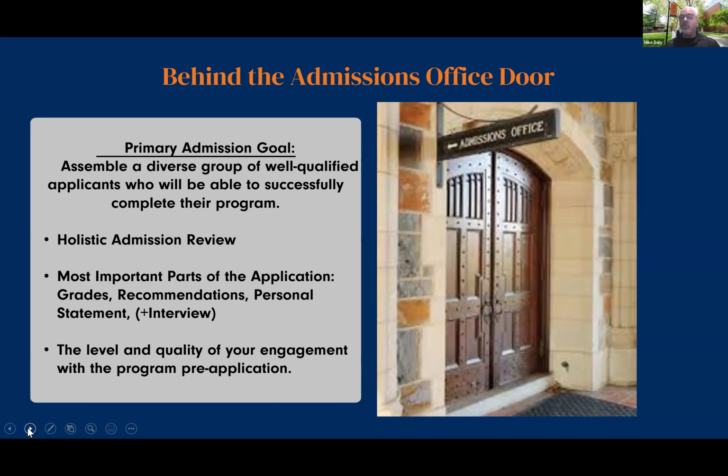They want to get students in who have a very high chance of success in completing the program and hopefully completing it on time. So how do they accomplish this? Most of the programs that I'm familiar with, both public and private, usually go through a holistic admissions review process. This means that they review and give a certain weight to every part of the application that you're submitting. That includes transcripts as well as letters of recommendation, your personal statement, and any interview that may be required as a part of the admission process.